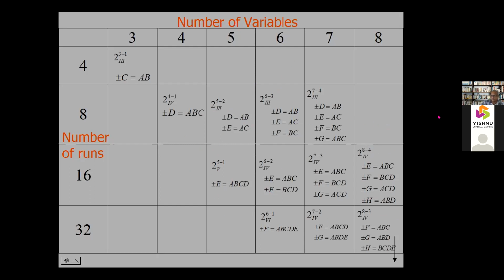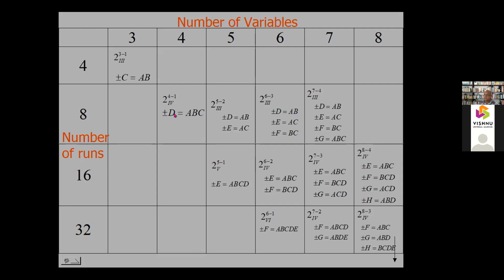Okay, so you can understand. The experimental design you have to choose based on this table, based on how much effort you are willing to take. Fractional factorial designs can reduce your experimentation, but then you have to be able to interpret all this. Only then can you make use of this. So you have to take the effort to learn this. What is the meaning of this aliasing? I hope that is clear. You have been able to follow.